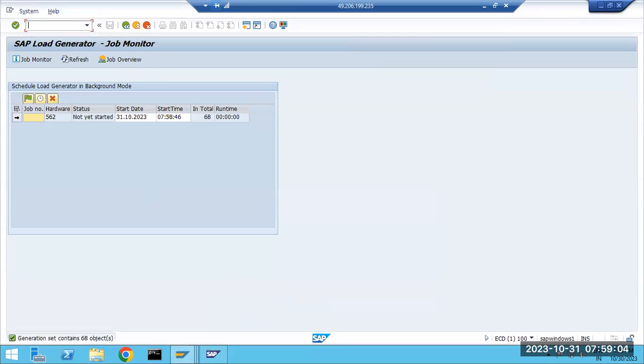So see here, in SGen, you will get this screen. Here, if you schedule and start the job directly, if you run the job, it will run in the dialog mode only. SGen job was successfully scheduled and started. Then if you go to SM37,